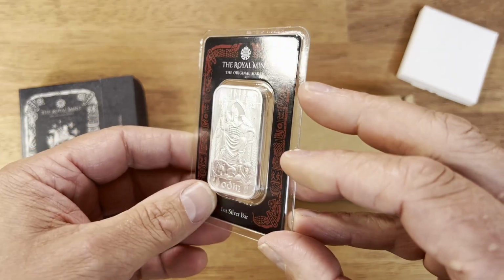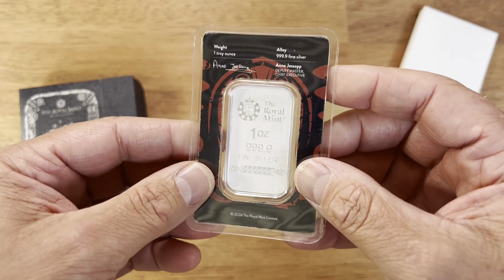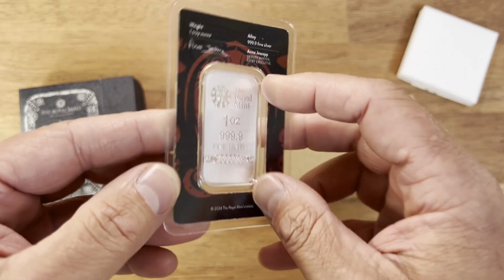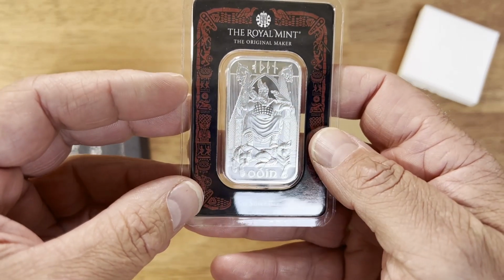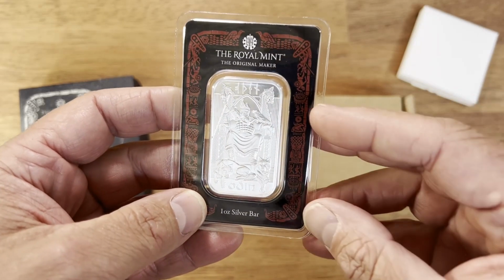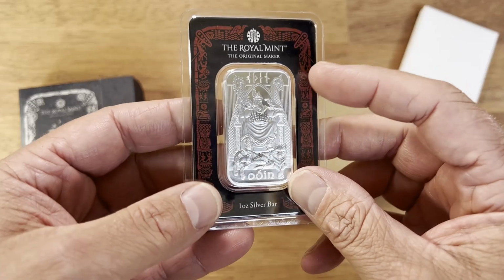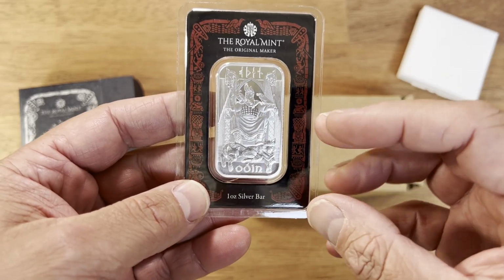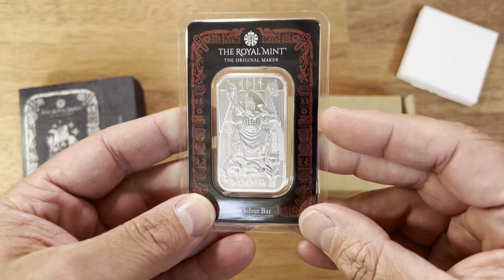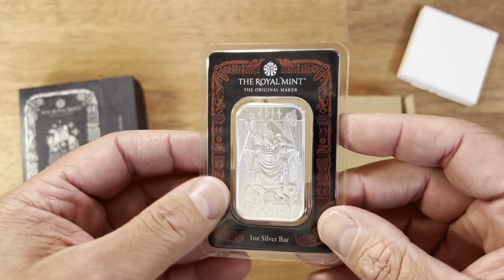So this is the silver version, 1 ounce silver, minted to 60,000. Now, I think the more collectible one is in there. We'll go through that one later, but this is pretty cool. So this is the Odin guard. Now, sorry, I'm not Norwegian, so I'm probably going to pronounce some of these things incorrectly. You can chuck it in the comments and shout at me, but I'll try and pronounce it as best as I can. So this is the first one of the series, which makes it by far the most collectible of the lot to always get the first of a series, and it already seems to be something that people are